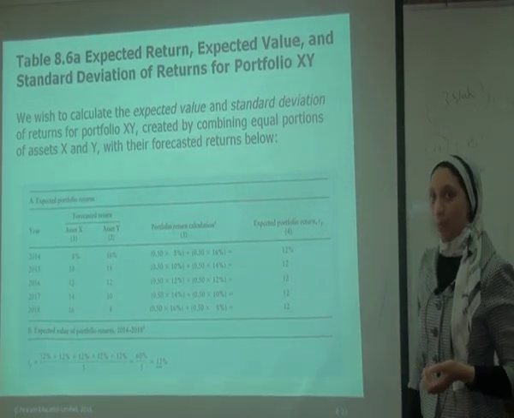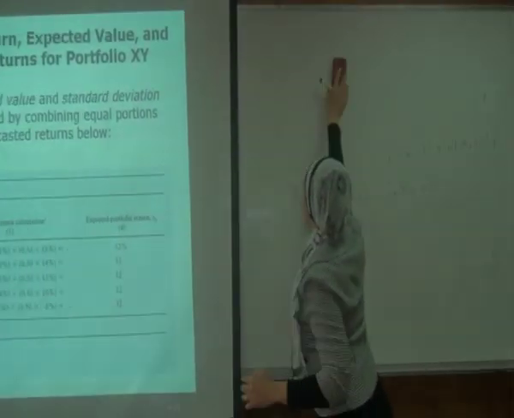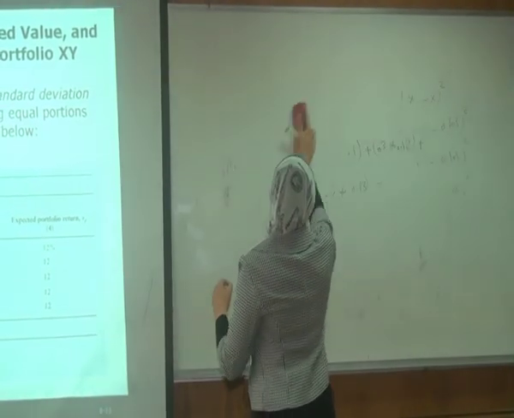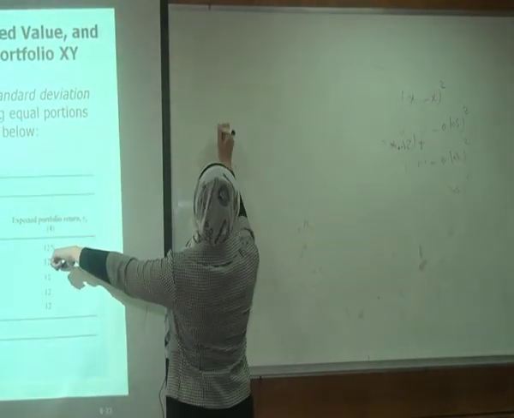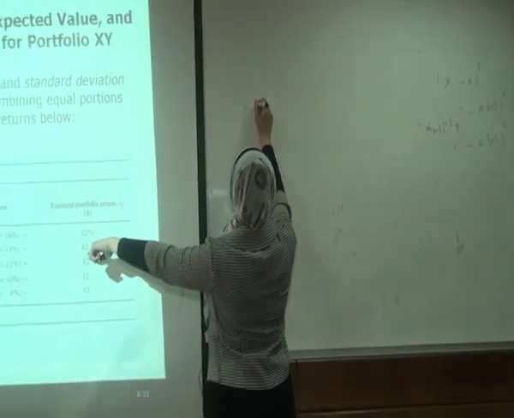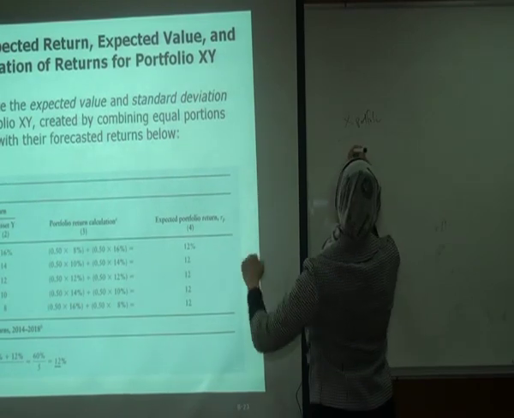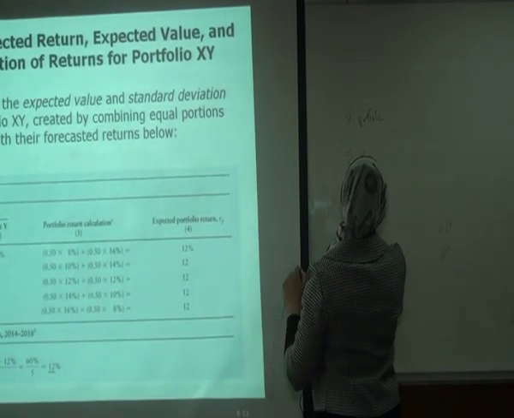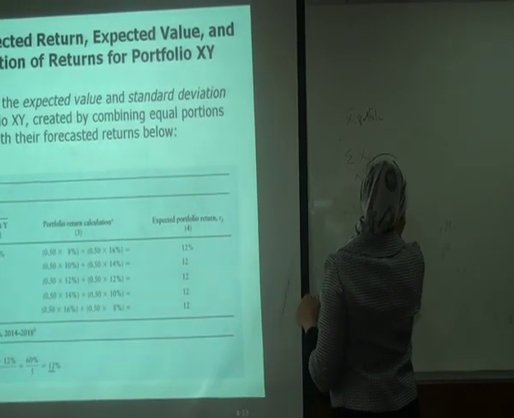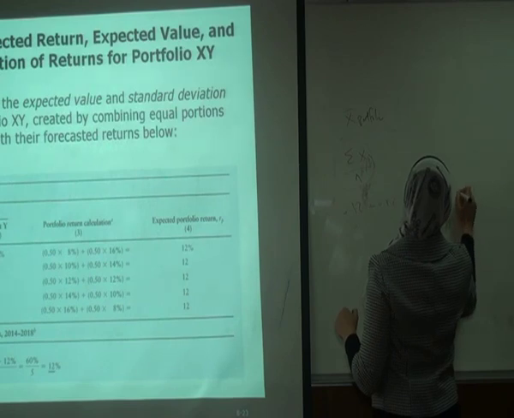So here in this example, you will find the return of the portfolio by adding. So this is X bar of the portfolio. It's summation X divided by N. Okay, so it's 12% plus 12% plus 12%